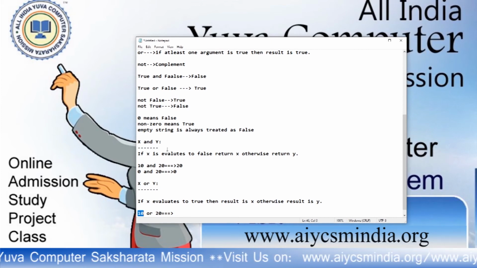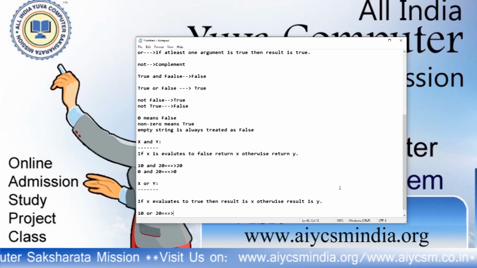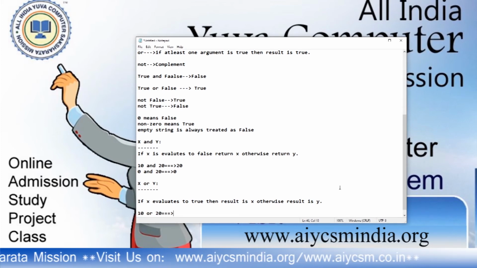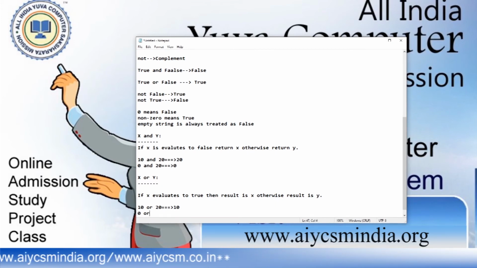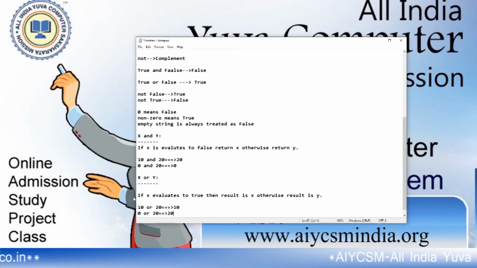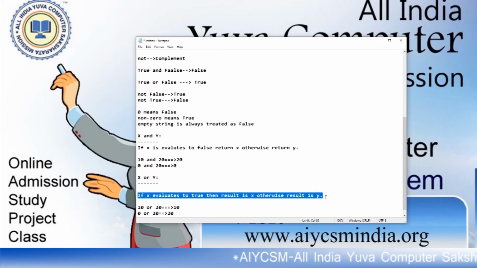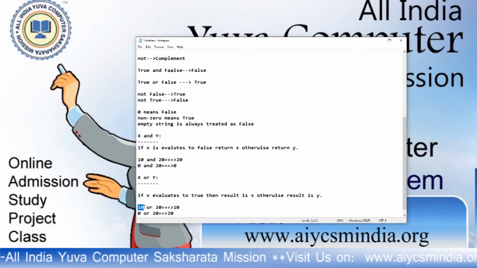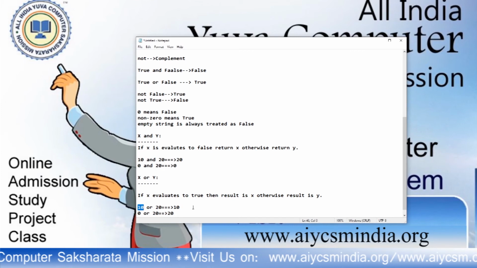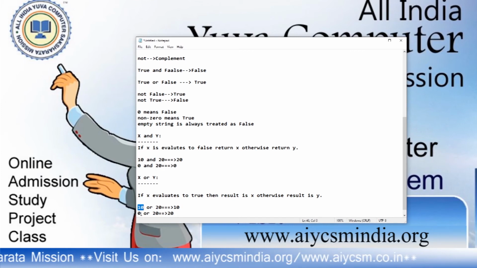The answer is 10 if it is OR, and if it is false, 0 or 20, then it returns 20. This is the meaning of that line: if the x value is true, then x is the answer. If the x value is false, then y is the answer.